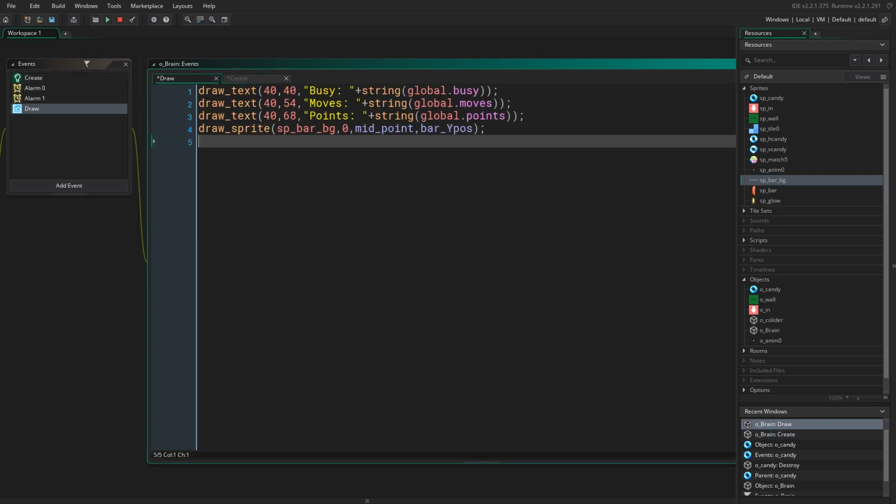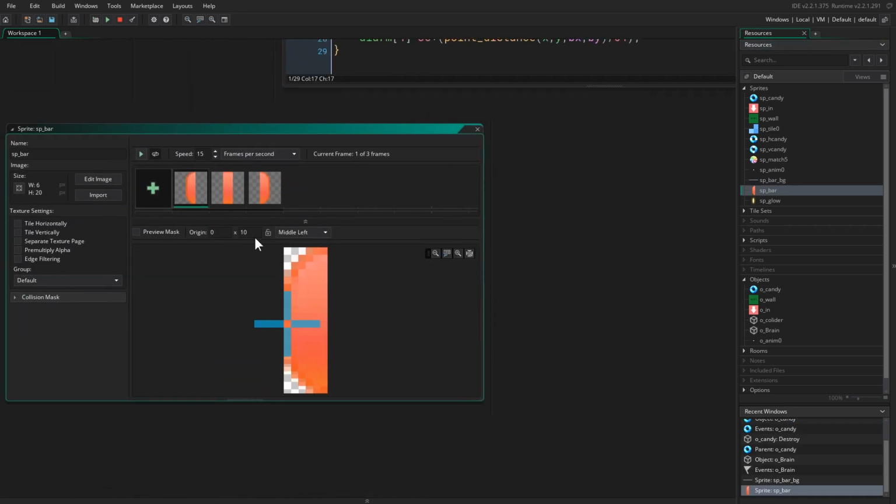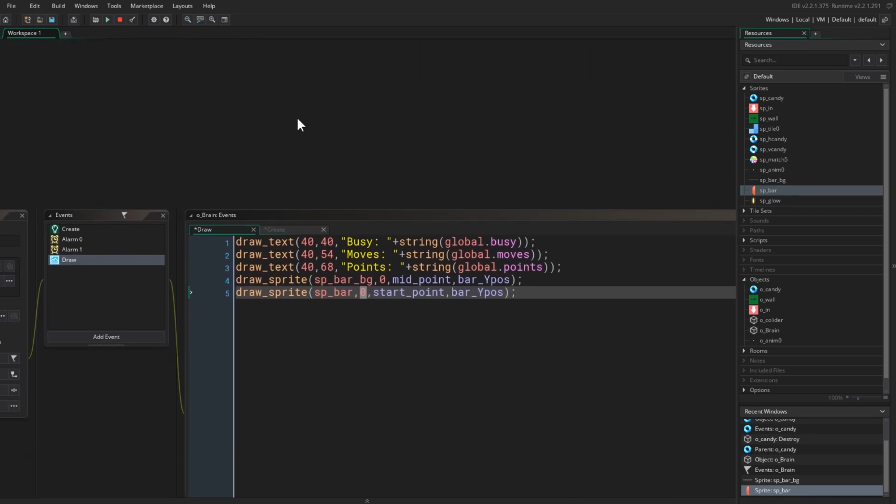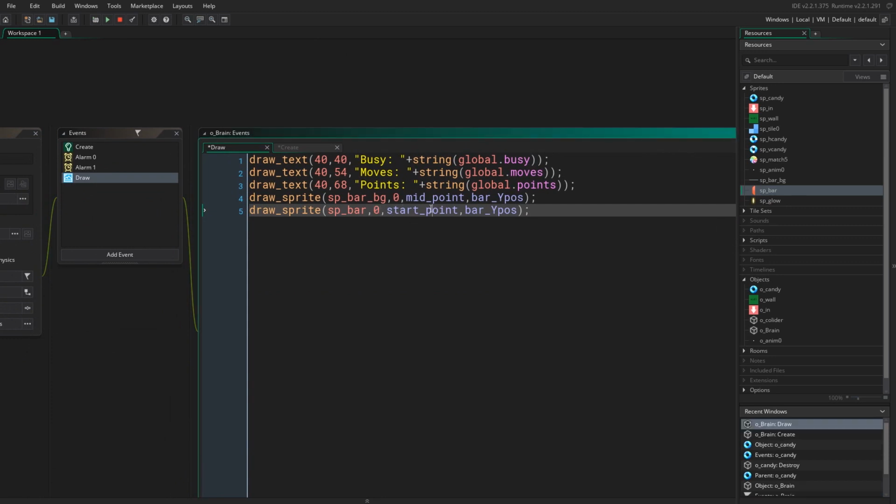Then we are going to draw the bar itself, the red part where it represents the progress. So we want to say draw sprite bar. The sub image would be the first one because you remember here we have 3 parts. The first part is 0, then the first one, then the second one. So first we draw the starting part. So sub image 0 at the starting point, which is midpoint minus 150 pixels, then at the Y position that